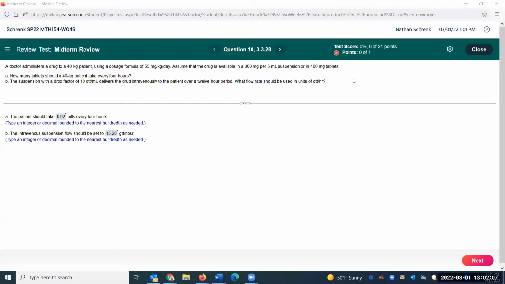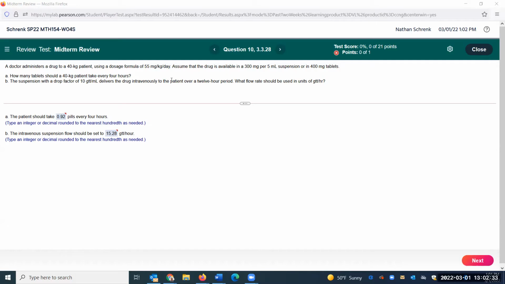It's going to say a doctor administers a drug for a 40 kilogram patient. Dosage is, and where this one looks weird too is that dosage, because it's milligrams per kilograms per day. I think that kind of confuses students because it's like milligram per kilogram per day, and having that as a fraction of a fraction of a fraction looks odd, but I'll show how to treat that bottom one, that kilograms